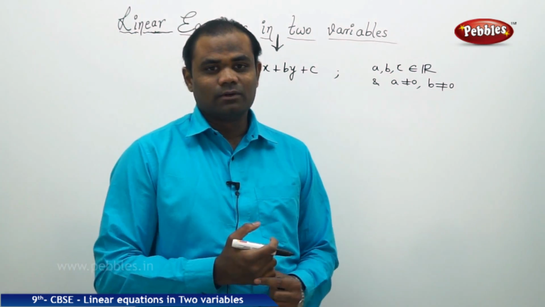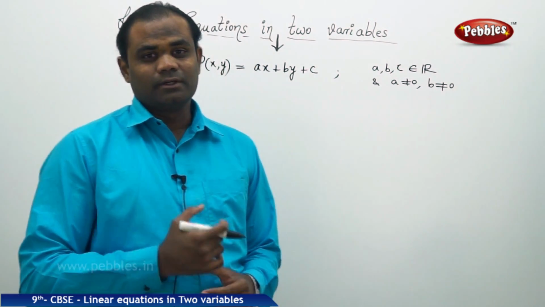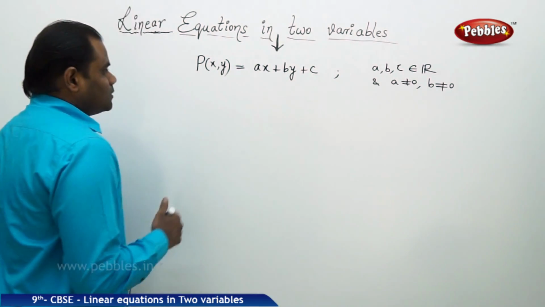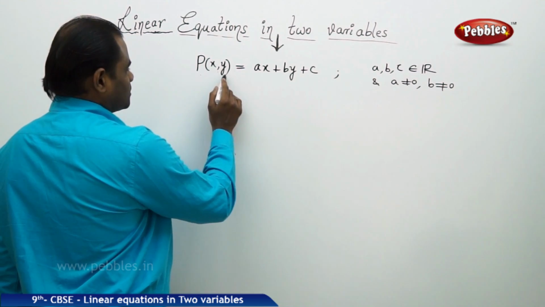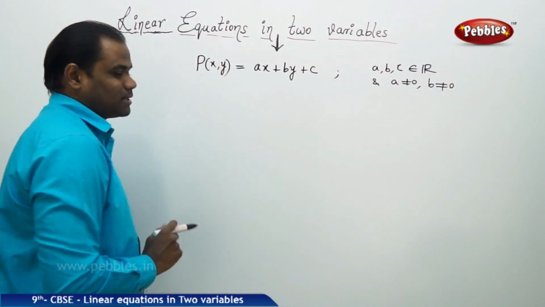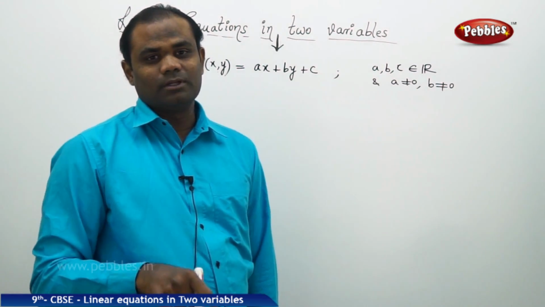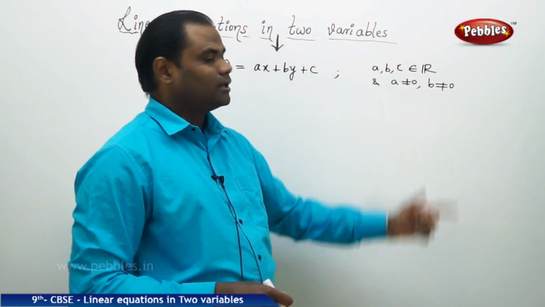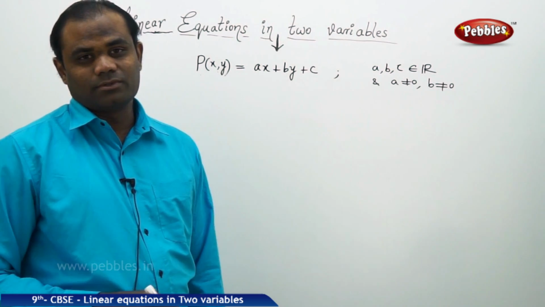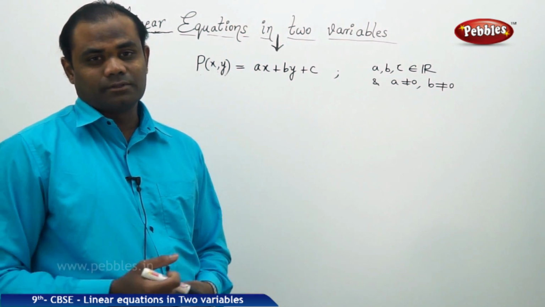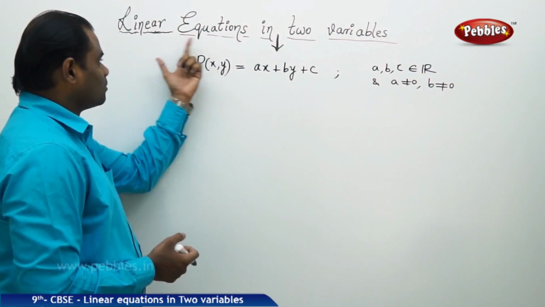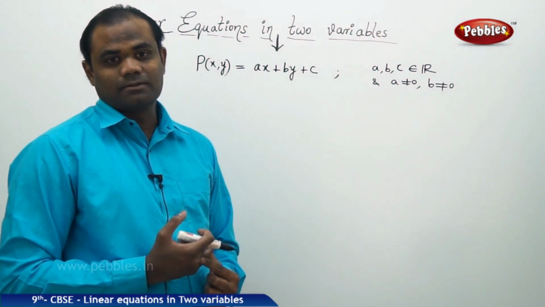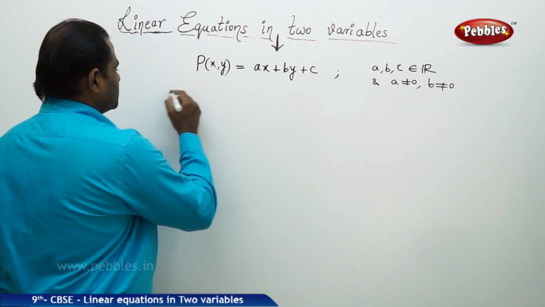So let's see how we can define the linear equation derived from the linear polynomial. This polynomial p of x comma y equals ax plus by plus c is called a linear polynomial in two variables x and y if a, b, c belong to R and a not equal to 0, b not equal to 0. Now what is an equation? When does a polynomial become an equation? That is the biggest question in comparison. So as we see here,